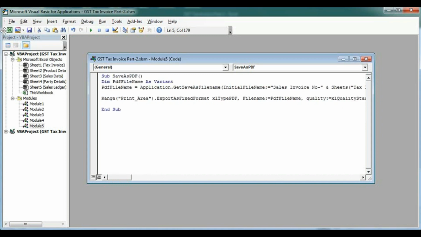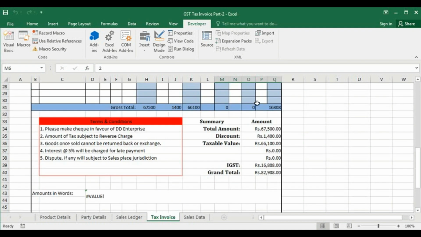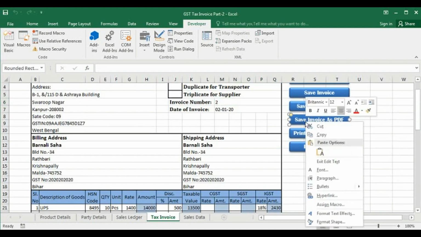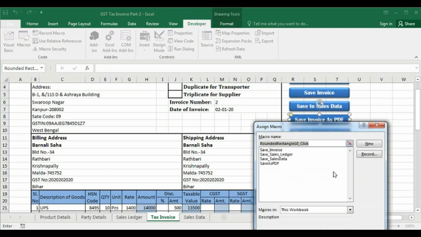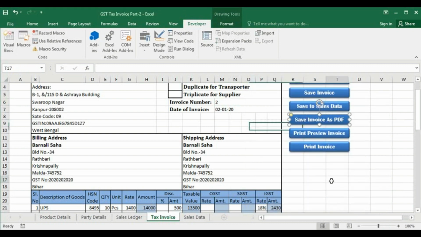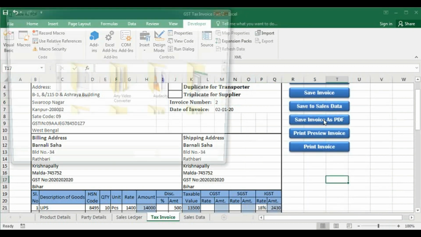So go to Excel, then assign this button with this workbook, save as PDF, then select OK. Now let's click here.